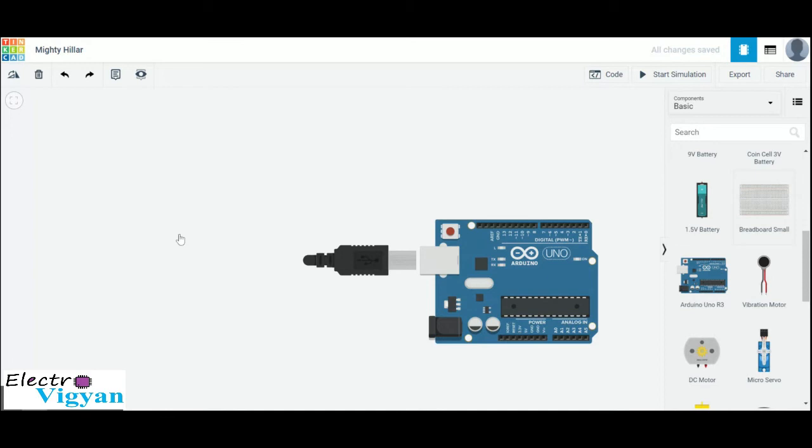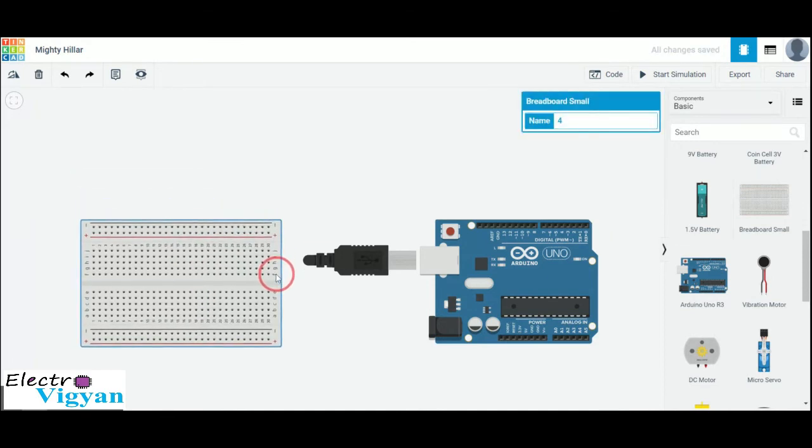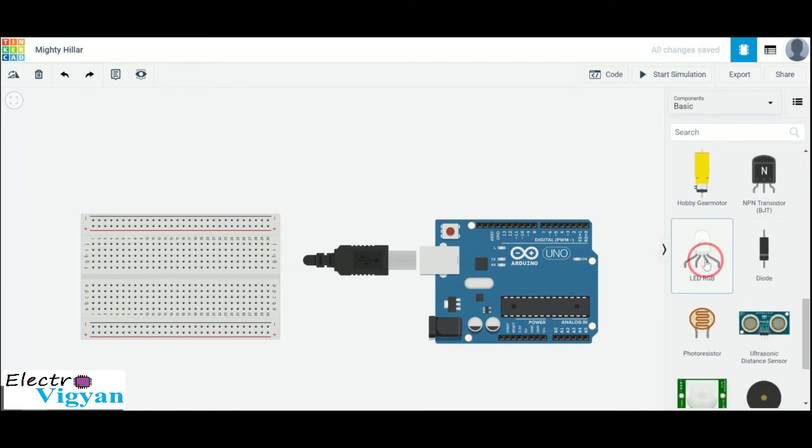Now let us start designing a circuit diagram. Take an Arduino Uno board, place it anywhere, then take a small breadboard, then select RGB LED, place it on the breadboard.